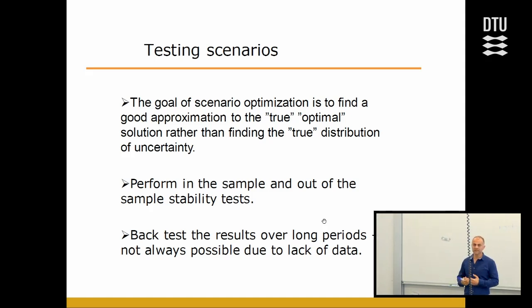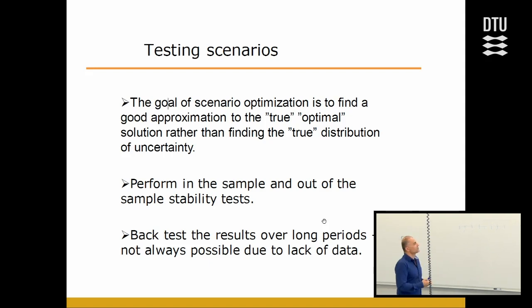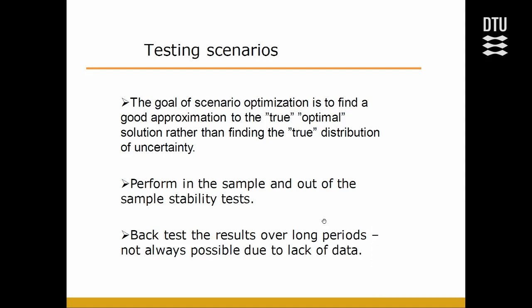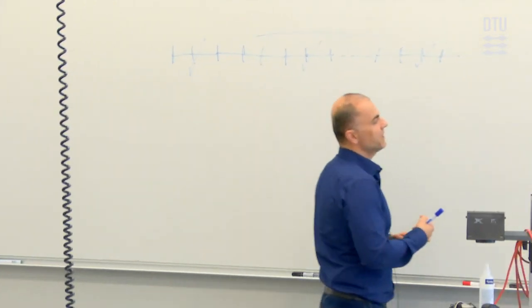So that's what you're really testing, and not so much the precision of your underlying uncertainty model, right? So that's point number one. And in order to do that, you have to do both in-sample and out-of-sample stability tests. And you can do some backtests, and preferably you do your backtest over long periods of time,